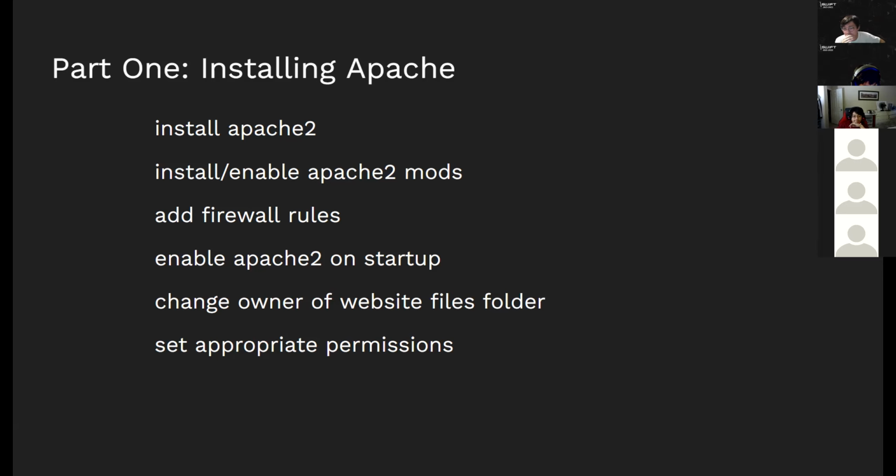So the first one is libapache2-mod-evasive, and the second one is basically the exact same thing except you replace evasive with security2. Those are the package names directly in Ubuntu. So after you add your firewall rules, you want to enable Apache2 so that it starts up when the server starts up. You're going to want to change the owner of the website files folder, which is /var/www/html, and you want to make sure the user www-data is the owner and the group www-data is the group